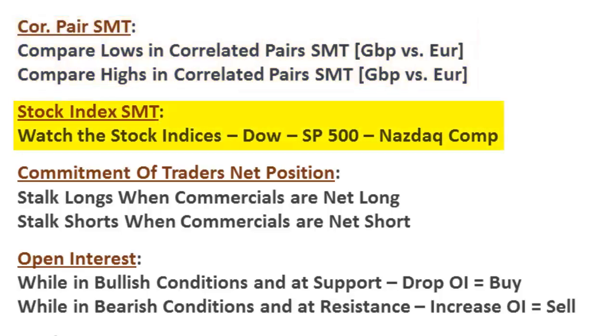We'll be watching the stock market indices, looking for SMT divergences as well. Looking for the Dow, S&P 500, and NASDAQ Composite Index to comparably make higher highs and lower lows. If we're in a bullish environment and we see the Dow, S&P 500, and NASDAQ trading lower in tandem, and eventually one fails to make that lower low at a key support level at a time frame when everything else is lining up, that is a stock market SMT divergence.